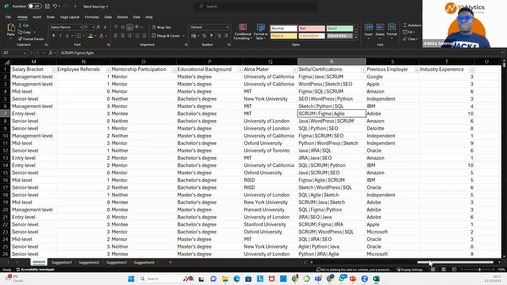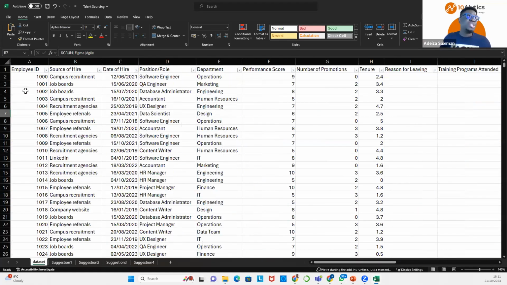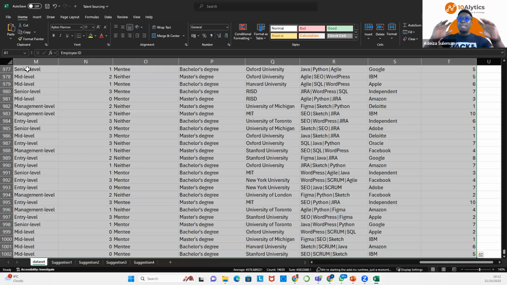So what you need to do when you want to do this manually is go to your data. Let's assume you don't have the analyze data feature on your Excel. Go to your data set. Go to the very first cell that has employee ID. That's the very first cell on your Excel. Just go there. Press Control A. Control A means select all, right? So I press Control A. It selects my entire data for me.